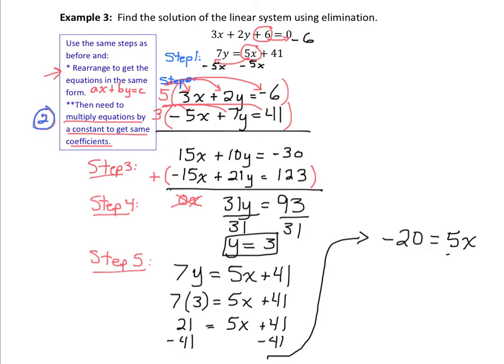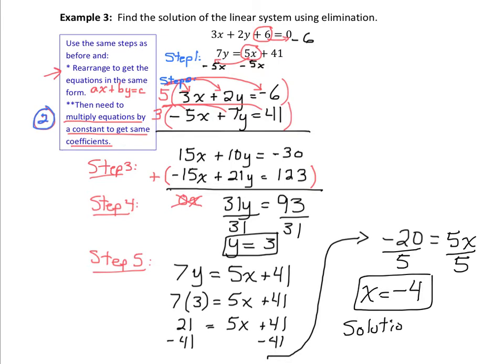And lastly, to get x by itself, we need to divide both sides by 5. So x is going to equal negative 4. And then we can state our solution is the point negative 4, comma 3. And if you were to graph these two equations, you should get negative 4, comma 3 as the point of